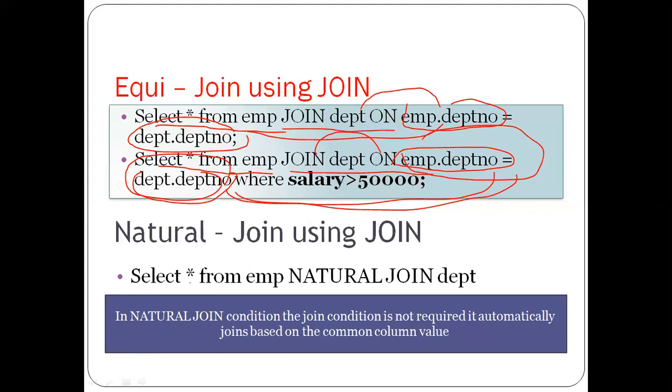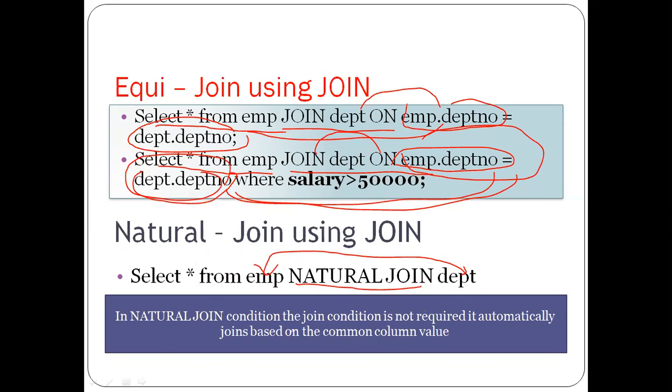See here, select star asterisk from EMP natural join. You just have to write the natural join keyword here, then department, DPT. So the employee table automatically joins with the department number. In between you have to write the keyword natural join. Select star, all the records selected from employee, natural join with the department. This is another table joining to the employee table.